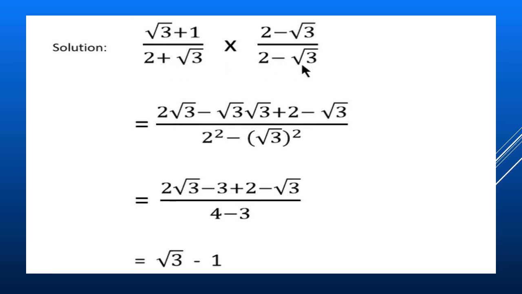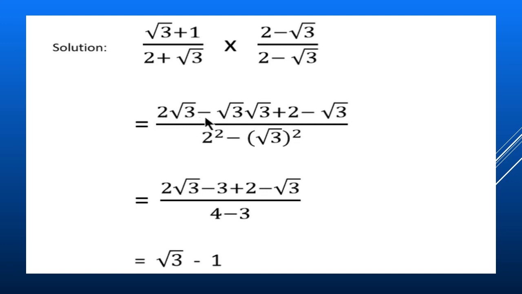So the shortcut method, as I've taught you in example 1, take the first term here, that is 2, square it, and then take the next term, that is root 3, also square it. So we are taking root 3 squared, and in between you'll always have a minus sign. Next, 2 squared is 4. Here the root sign and the square will cancel out, so you'll be left with 3. So this will become 4 minus 3 in the denominator, and in the numerator we have